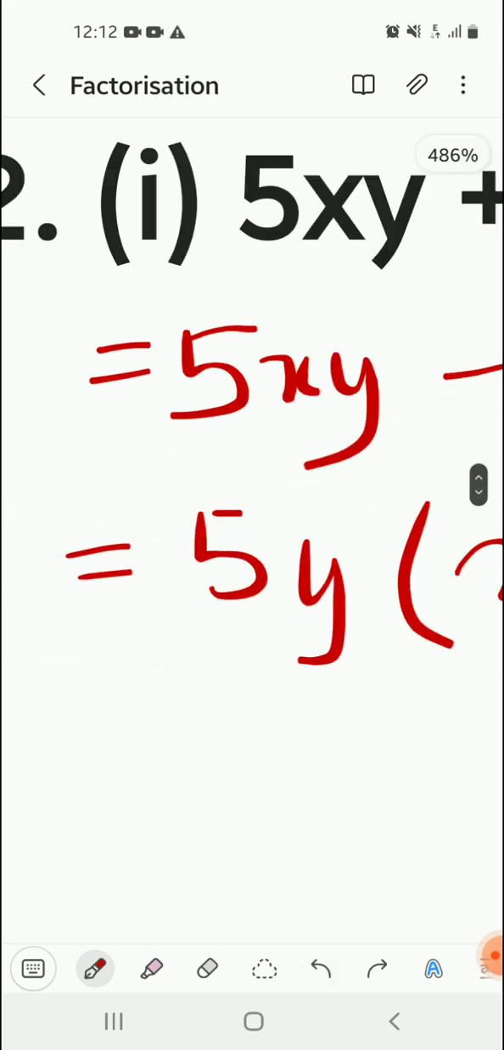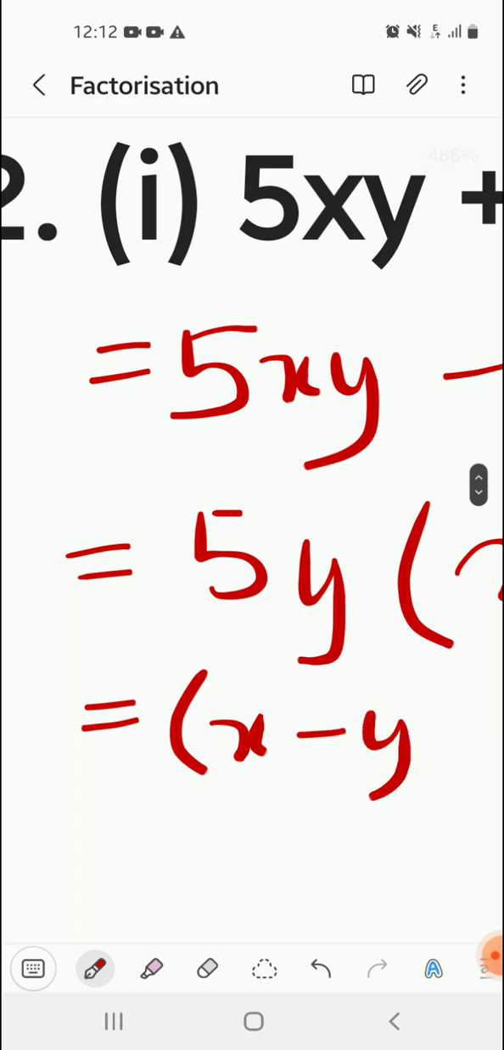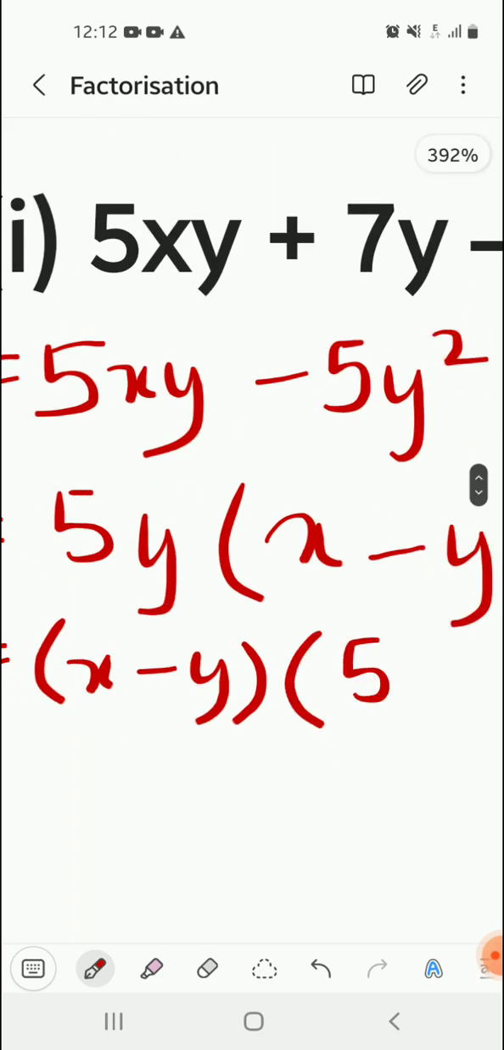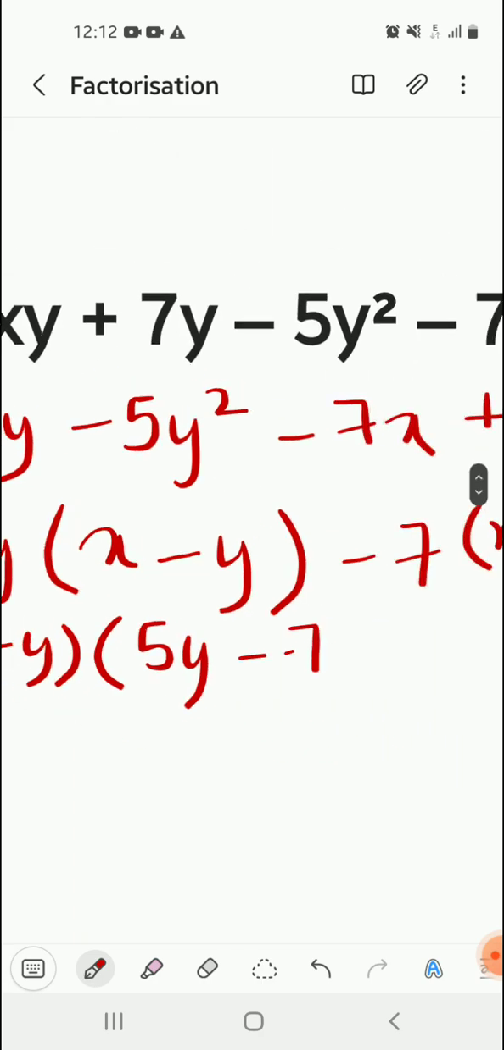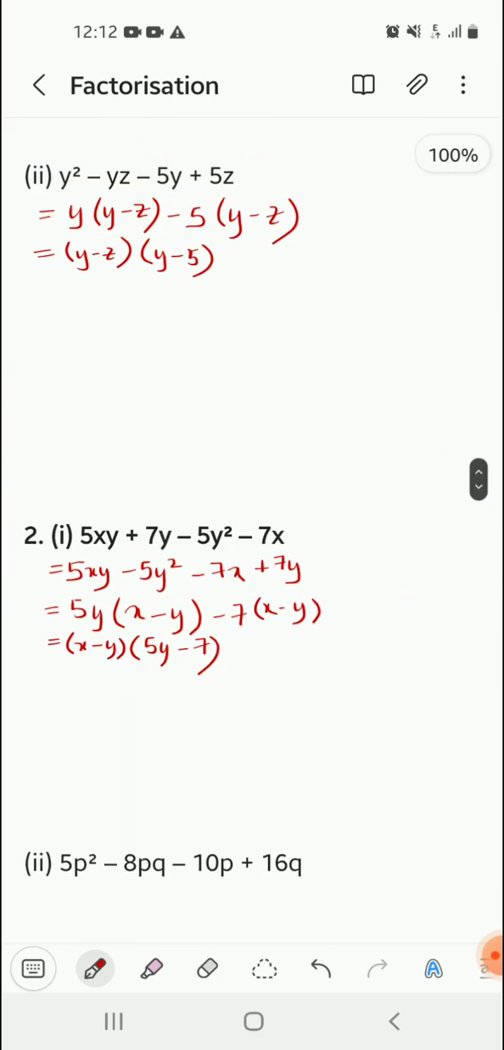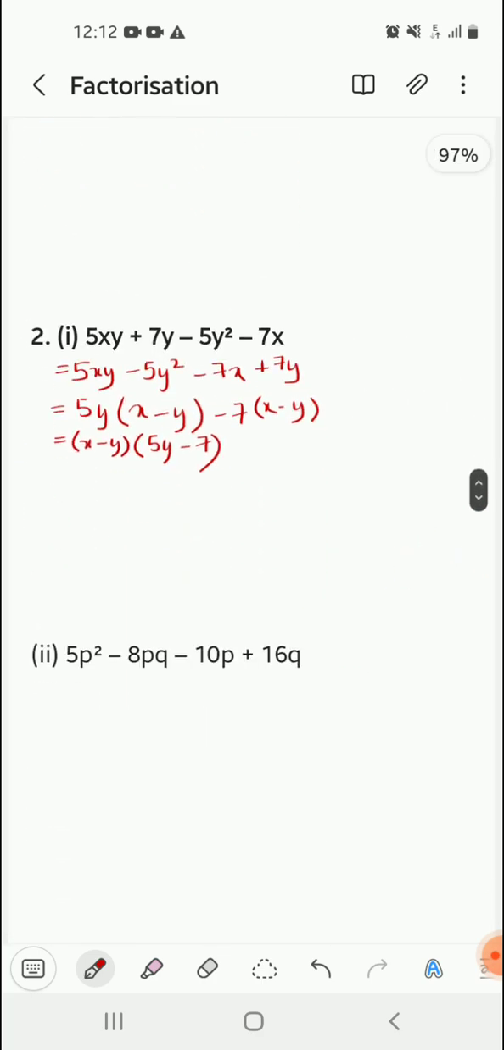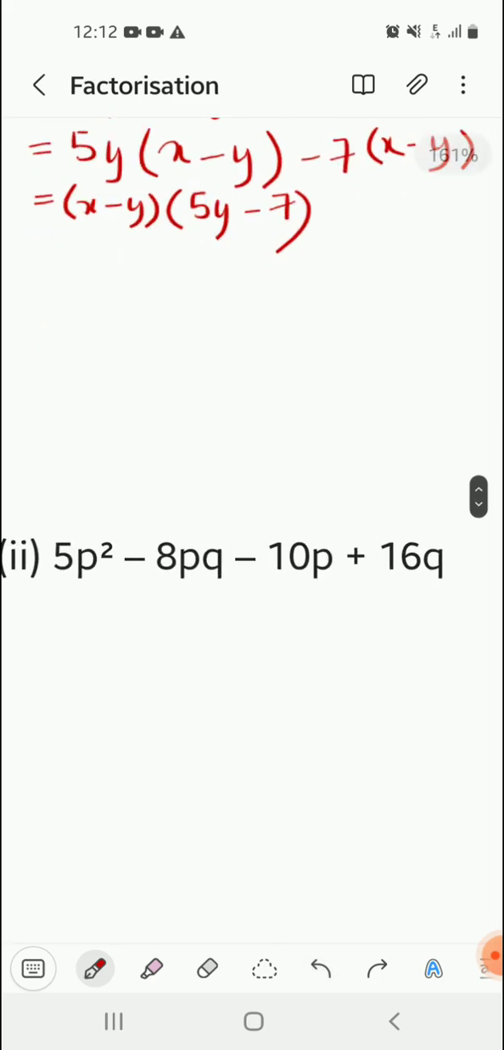Now see, common factor is x minus y. We will take it here. And whatever we are left with, that is 5y minus 7. We are going to write it here. Moving on to the next question, see. Again here,